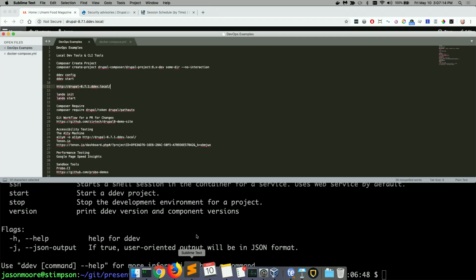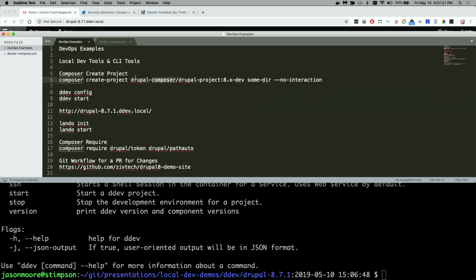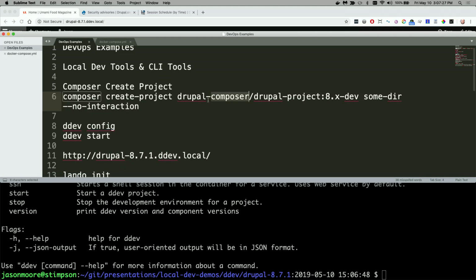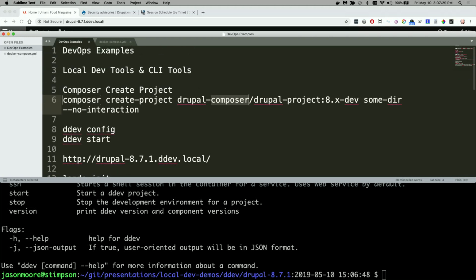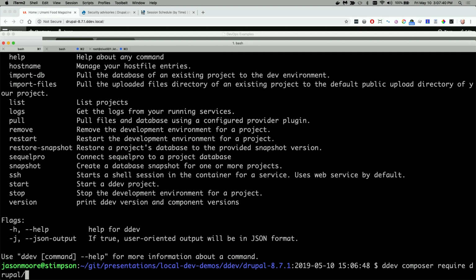So I had a couple other things I wanted to show. I used the composer create project command. If anybody's still using just Drupal.org downloads to build their Drupal sites, you want to get into using Composer. Most of these local dev tools have Composer components built in. So if I wanted to do a ddev composer require drupal